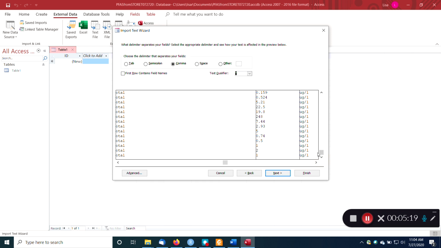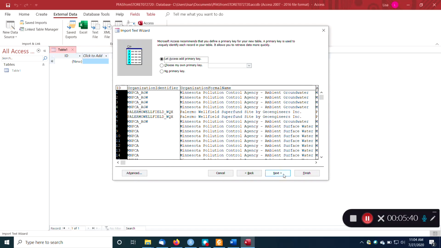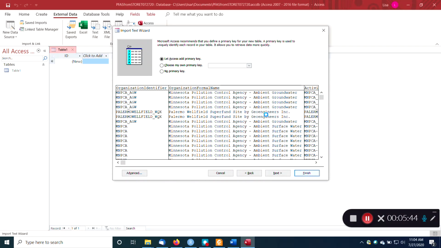And then the other thing I definitely want to do, if I scroll back up to the top, the first row is my header names. And so I'm going to click this box that says first row contains field names. And we could go through and it will identify each column and give it a field name and everything. And you can choose not to import certain fields if you want to, but I always just keep the defaults and just say finish. So it's going to take that comma separated value file now and turn it into a